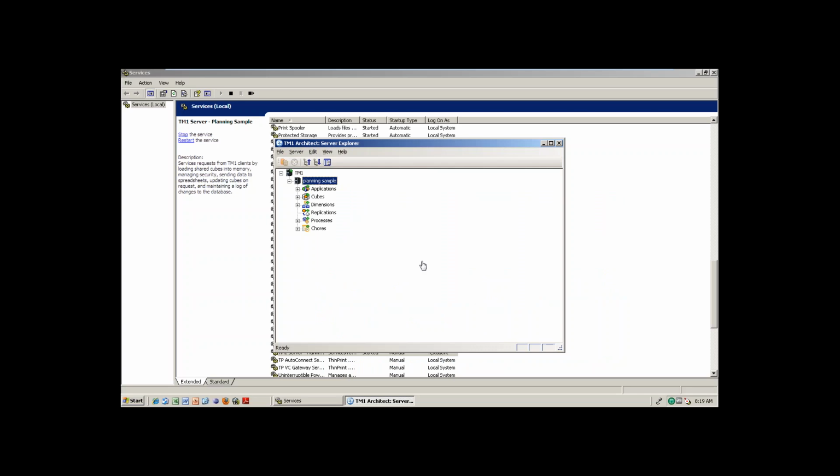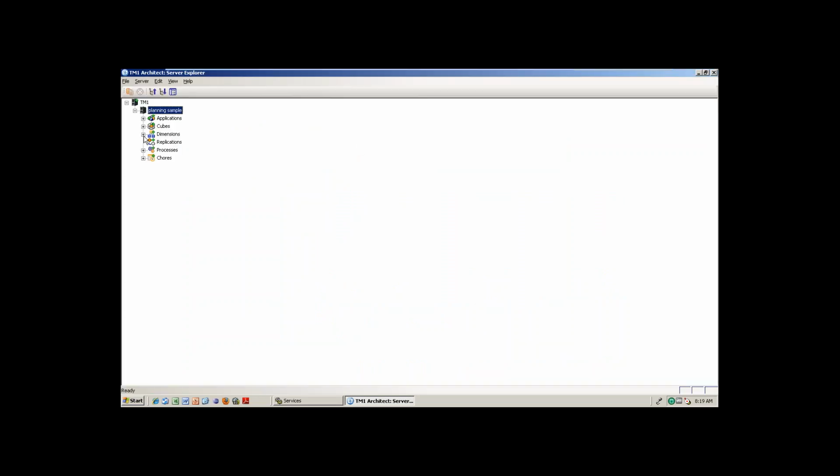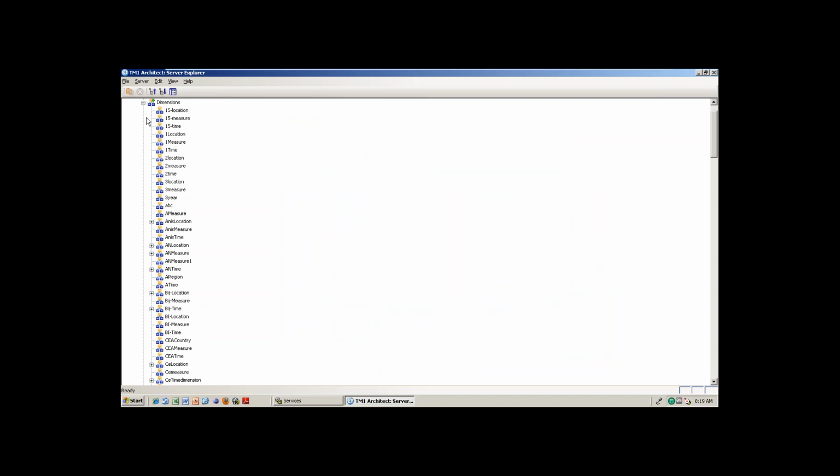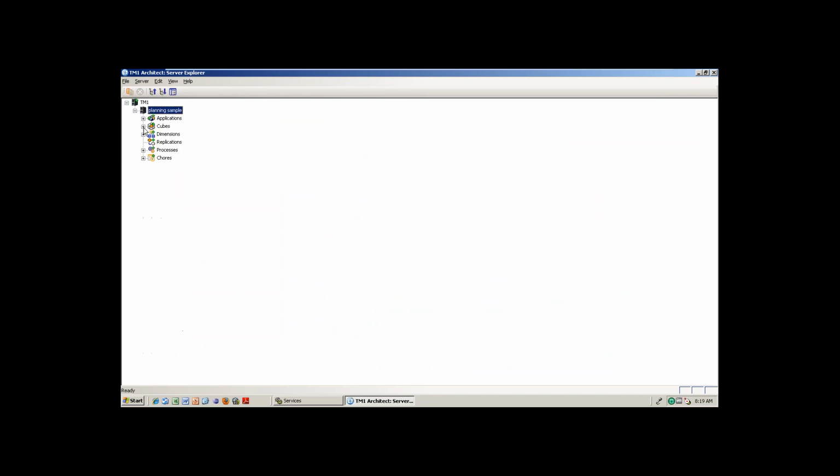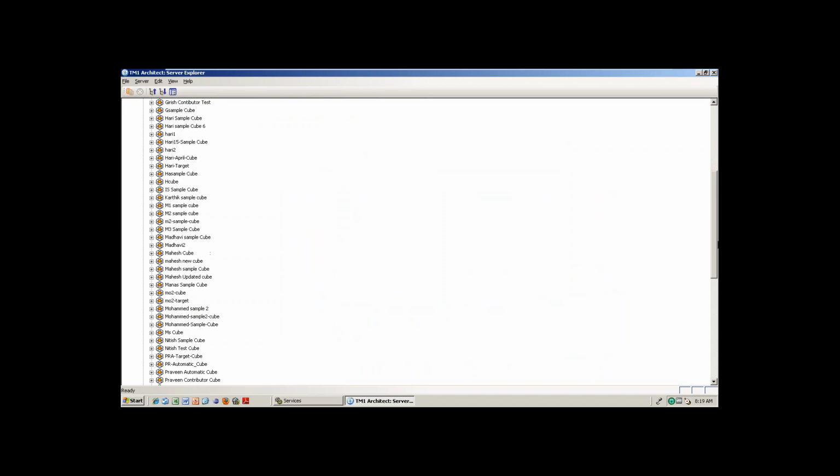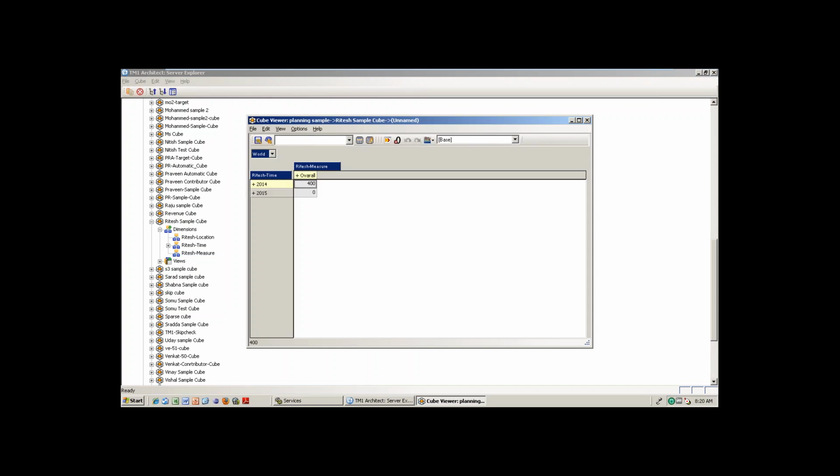Right. Yesterday we were discussing what exactly dimensions are and how to create manual dimensions. So we have started a cube also. We have created a cube, that is the Ritesh sample cube. You have Ritesh location, time, and dimension. These three things we have created, and we have entered some data,